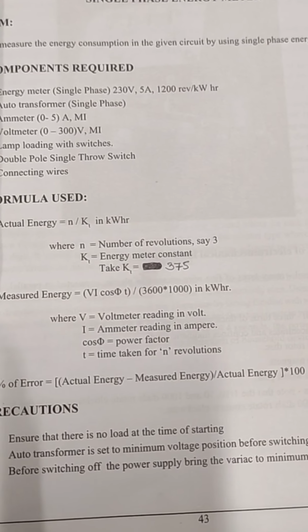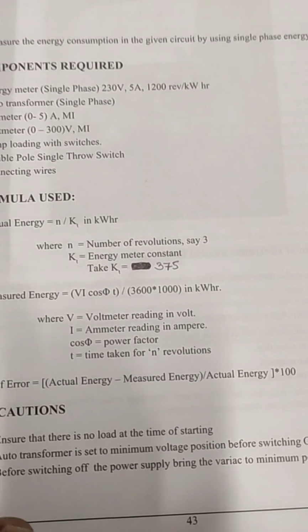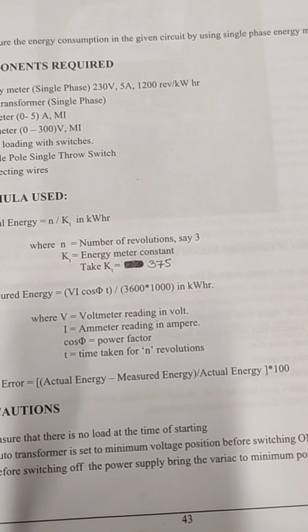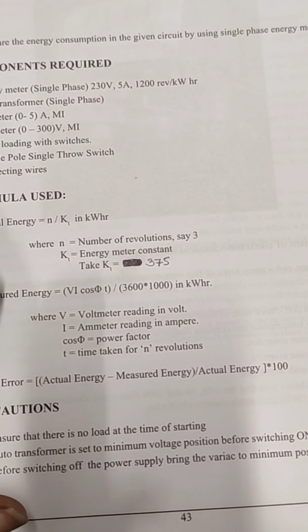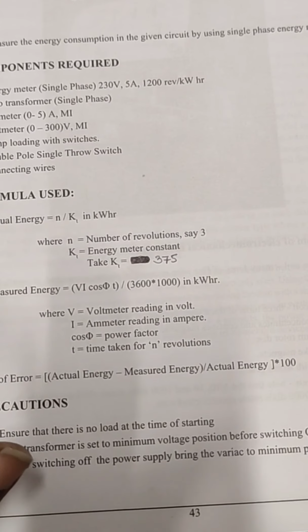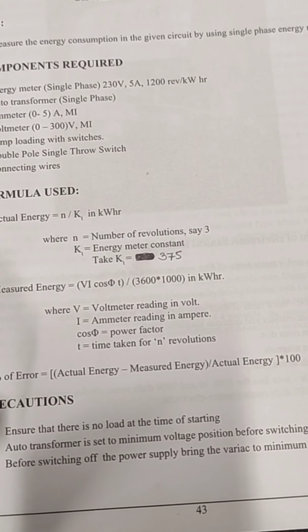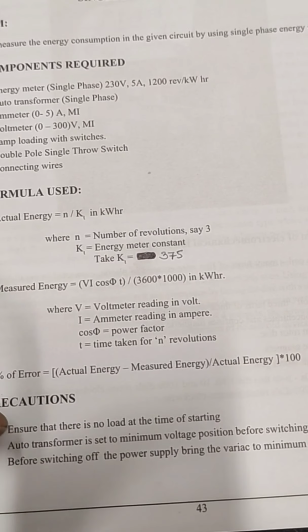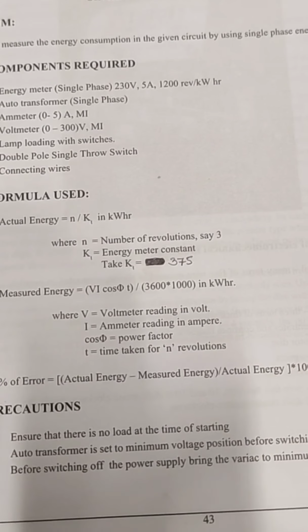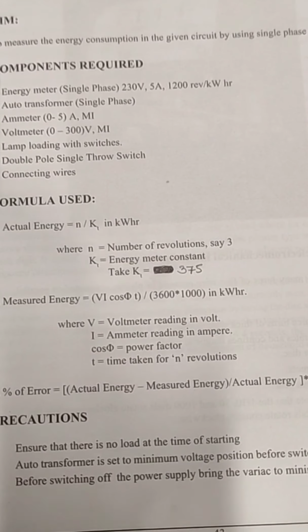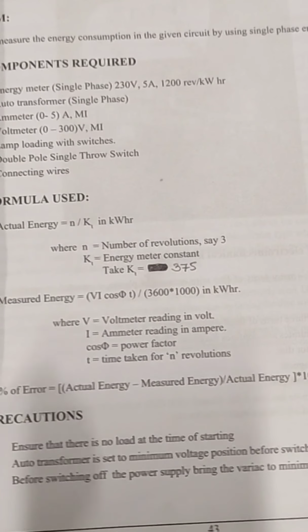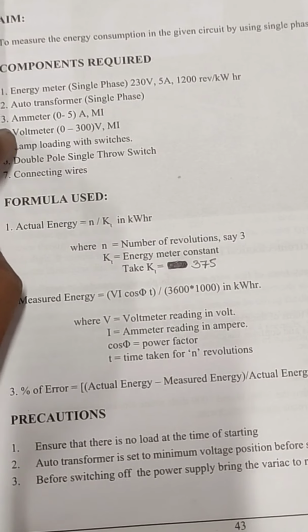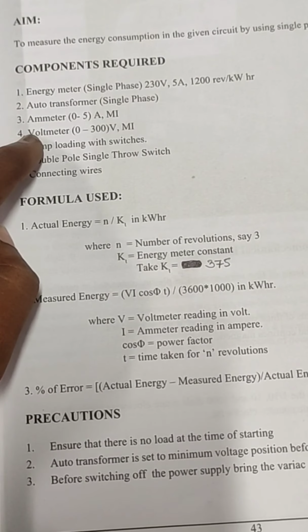As I have already explained, to know about energy, you must know about power. Power is the product of voltage and current. So we must have the voltage parameter as well as the current parameter to derive power. After knowing the power only, you can measure the energy value. So the major components for this are an ammeter as well as a voltmeter.